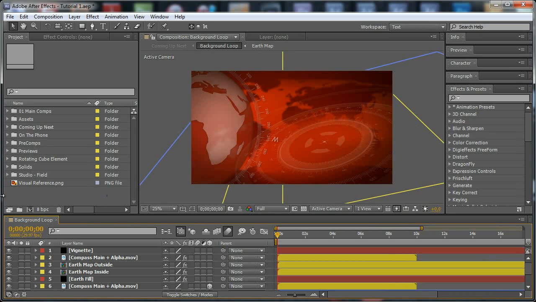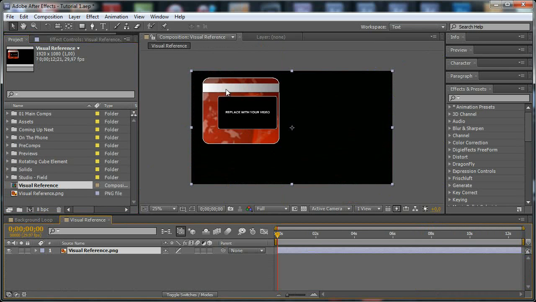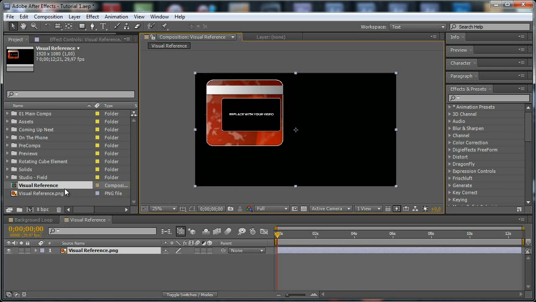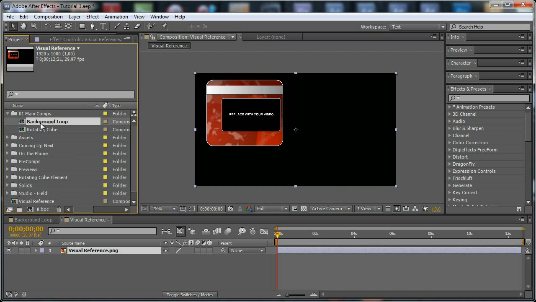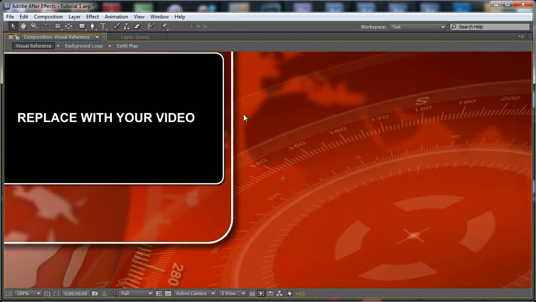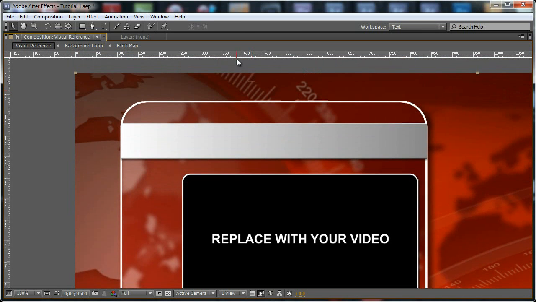And in this tutorial we are going to create the two lower third designs as well as the over the shoulder window, or whatever this one is called. So let's start. As you can see, I'm going to use this one as a visual reference image for the tutorial, and first of all I'm going to pick up my background, and let's zoom, and using the guides once again,